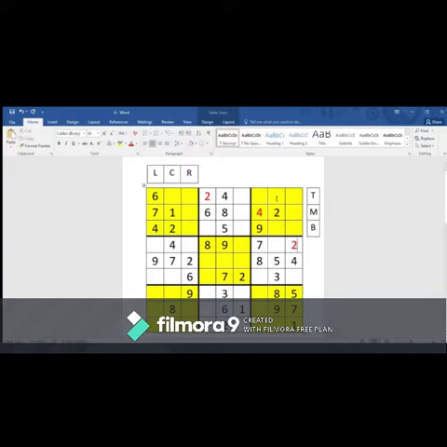Why is it? Because we already have a 2 capturing over this place, so there is no place for 2 to sit over here. That is the reason why we make 2 sit over there. I hope you understood it.